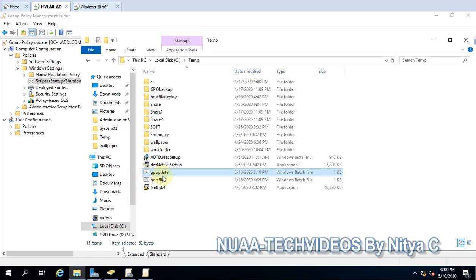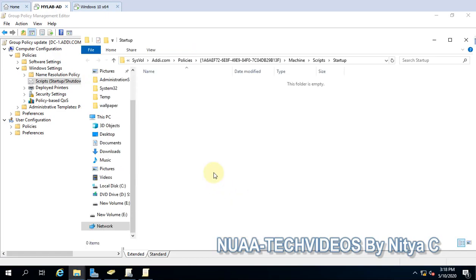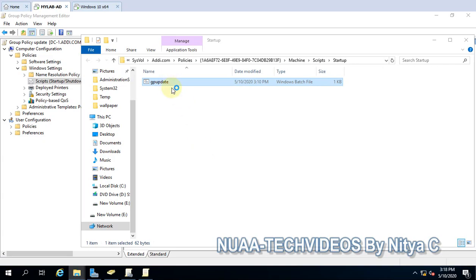Let me just copy it, because this is just a 1 KB file. I'll put it in NetLogon or the sysvol. Just open Show Files, and here you can see this is the policy and this is the sysvol path, and here I'll paste it.